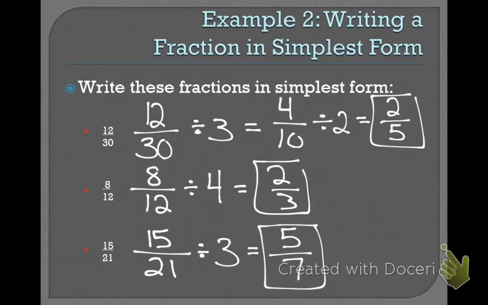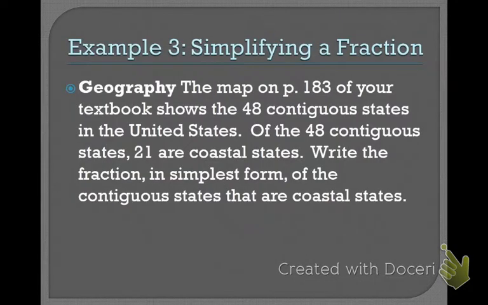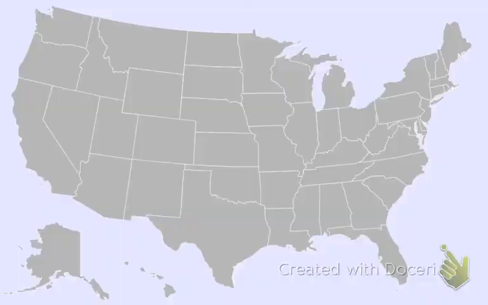In example 3, they give us a scenario and they want us to create a fraction from the scenario. You have one question like this on your homework tonight. Okay, so in your book, it gives you a map of the United States. Can everybody form a picture of a map of the United States in our head? Okay, let's go ahead and just throw one up there. All right, so a map of the United States. We see it. Can y'all see that okay? All right, so here's what your book says. Your book says that there are 48,